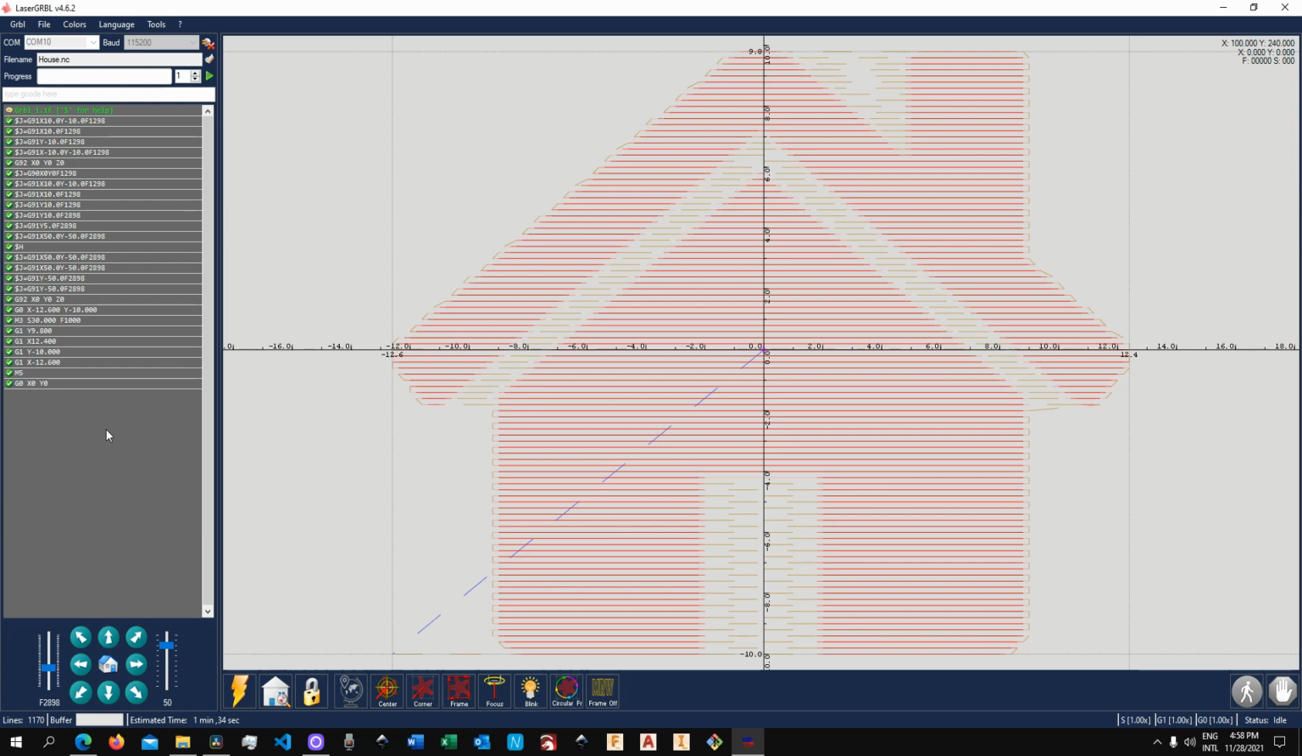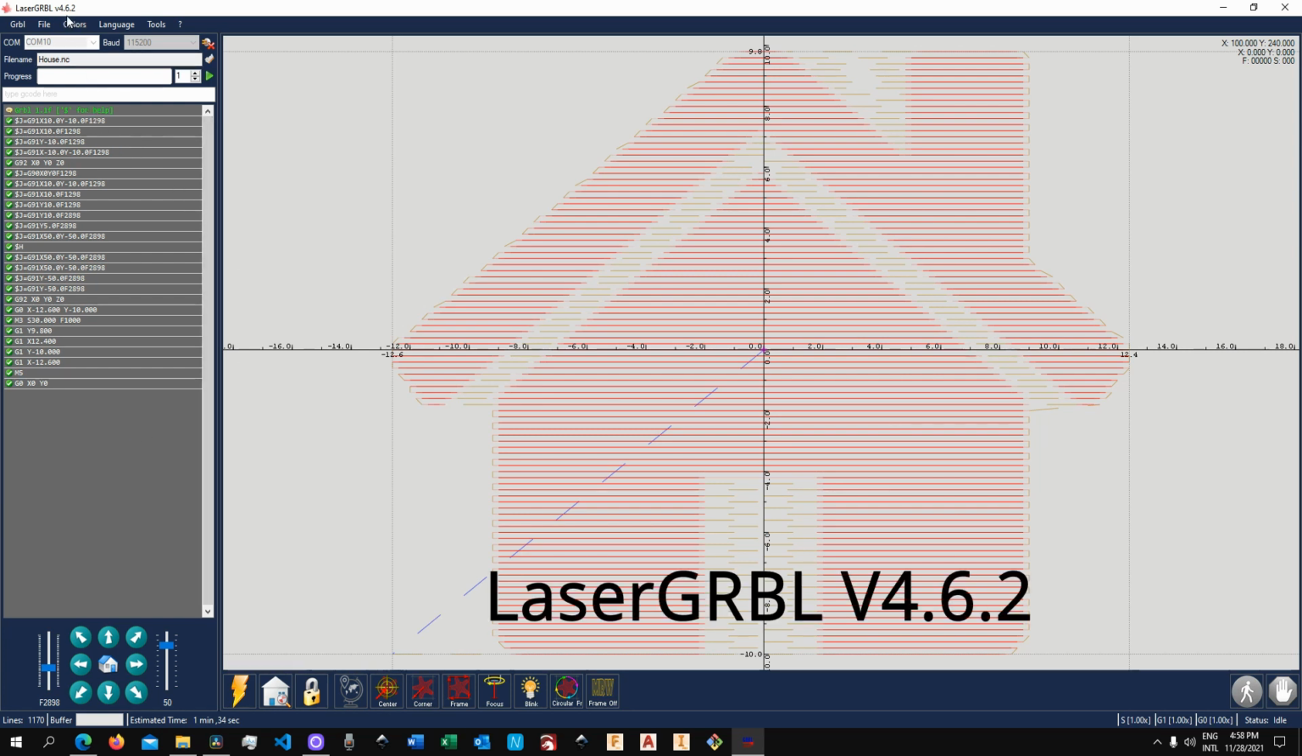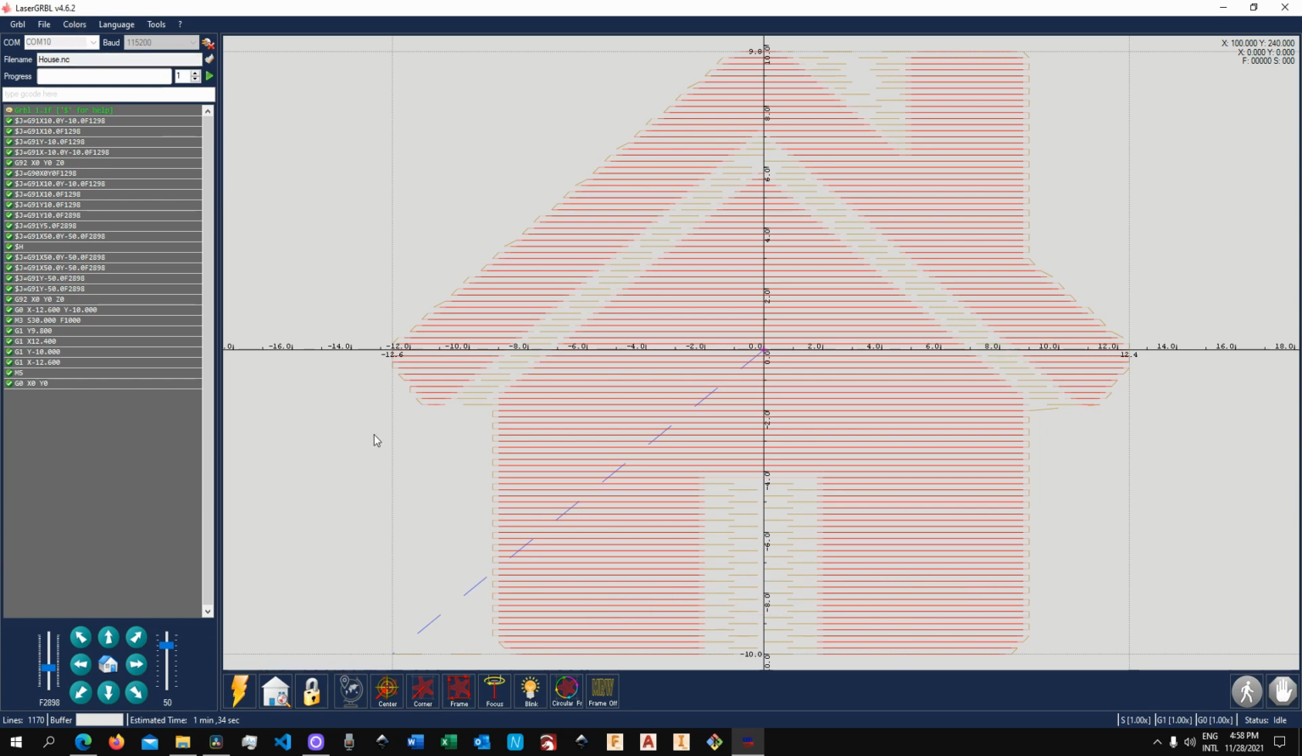This tutorial is going to be carried out on LaserGRBL version 4.6.2. However, what I'm about to show you will be the same for previous versions of LaserGRBL, as the interface hasn't been changed for quite some time now. Alright, so